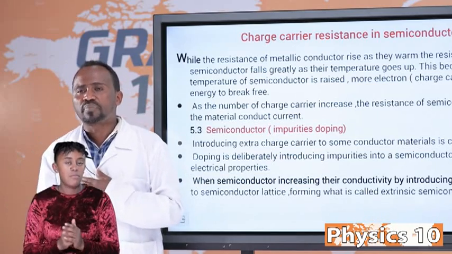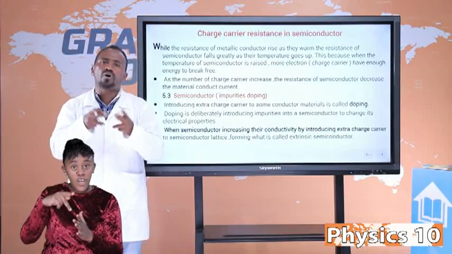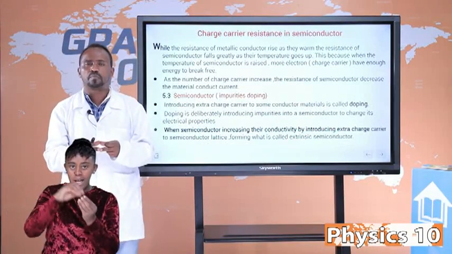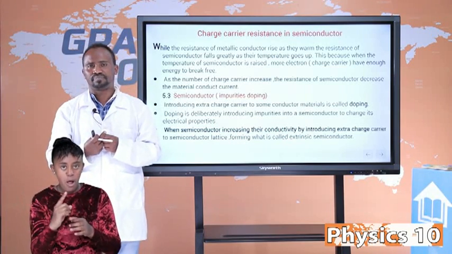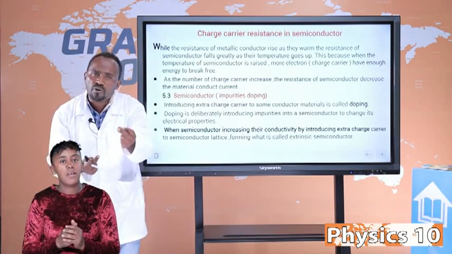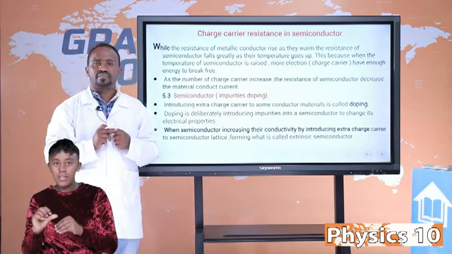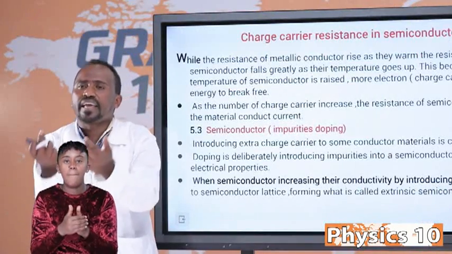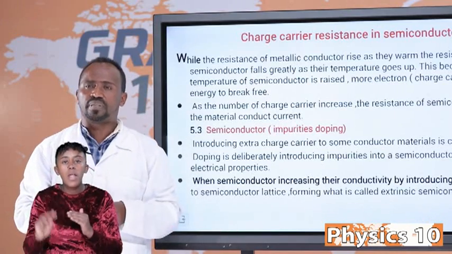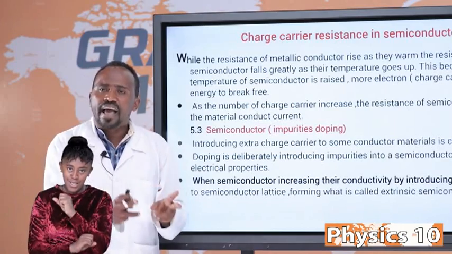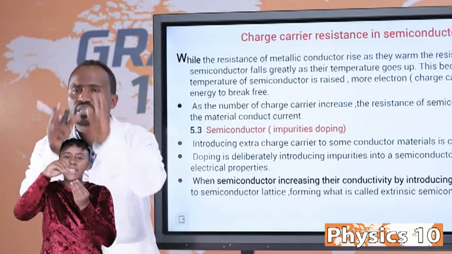N-type semiconductor is formed, for example, if a phosphorus atom is added to silicon, then after forming the bond, 1 electron is left. After forming the bond, this 1 electron is left and moves to the neighboring atoms. So N-type and P-type semiconductors are formed by adding impurity atoms to the semiconductor.